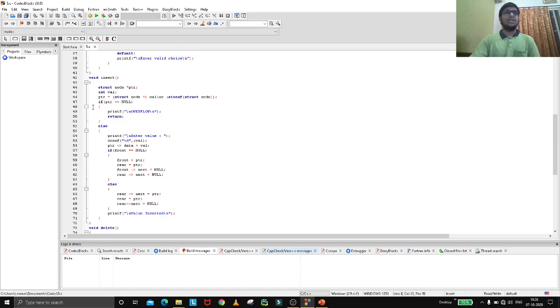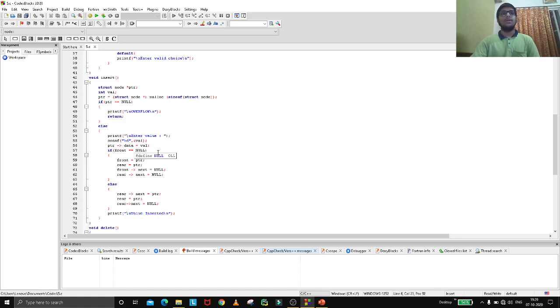Now ptr will be assigned as struct node pointer malloc of size of struct node. Now if ptr equal to null, we need to print overflow, else we go to the next part of the code, which is enter value, then it will be scanned by the system, the user will provide the value. Now it will assign ptr of data equal to value.